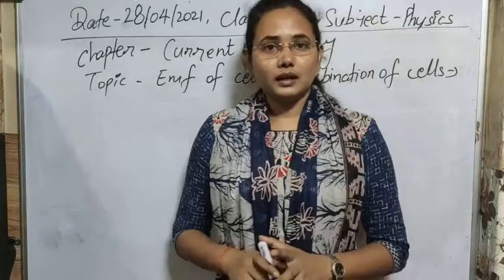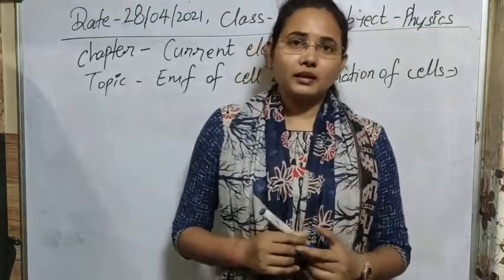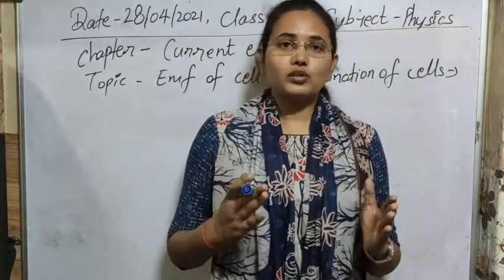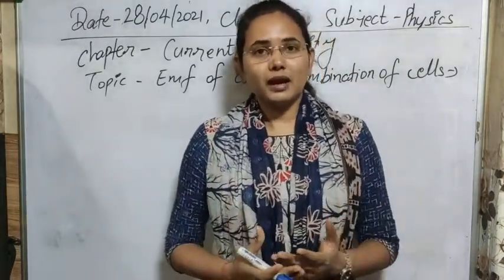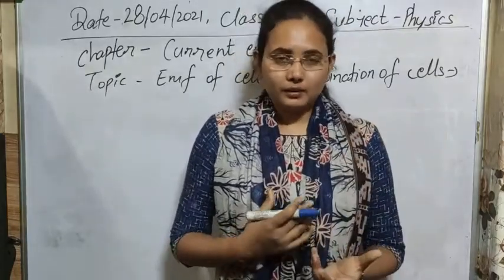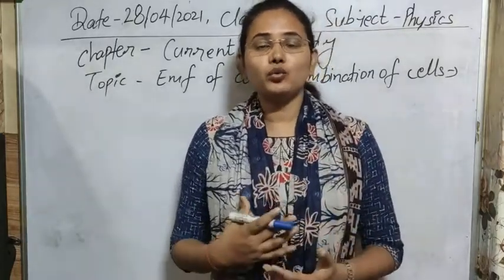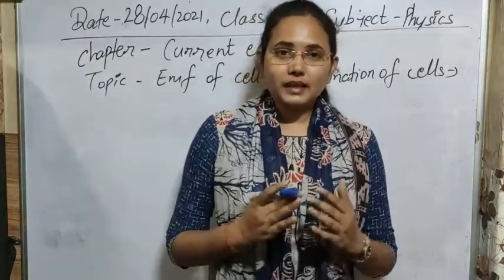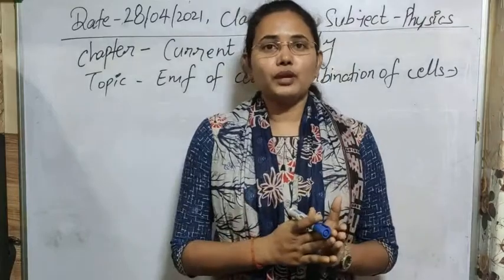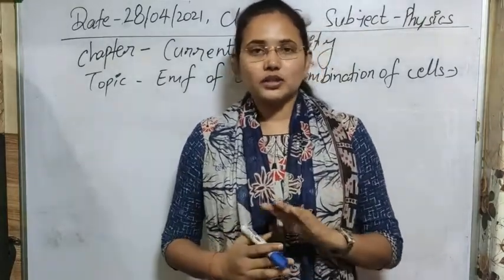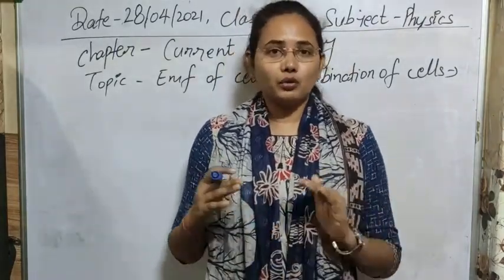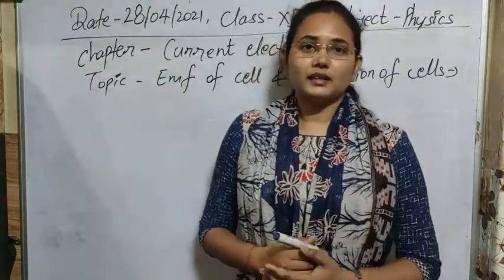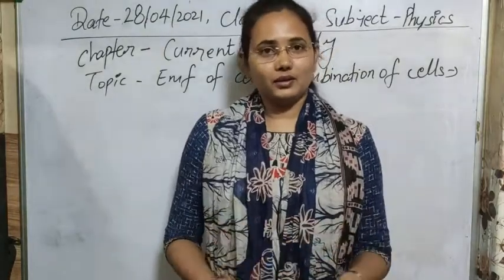First, in the concept of a cell, you know that you can make any cell with some electrodes and electrolytes. These are the basic things needed to make any kind of cell. Simply, you know that cells are of two types, primary and secondary cells. Here we don't want to study how to make a cell and what kinds of cells we have, since you have already studied that in chemistry or in your lower classes.